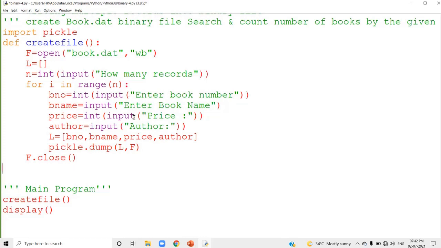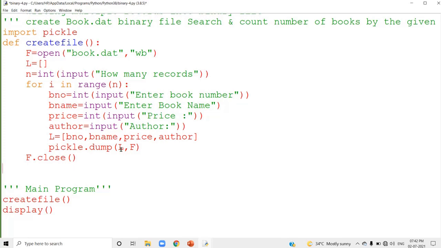Using a for loop, information such as book number, name, price and author is accepted from the user and stored inside a list. After that, you write that list into the binary file. So you are writing records individually.